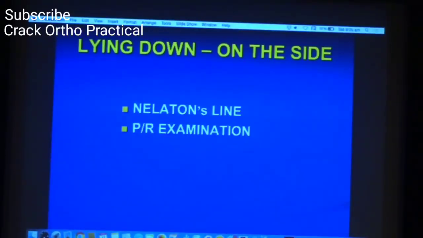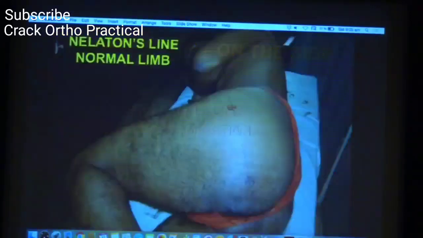I have included it here just for the sake of completion and for your knowledge that this sort of assessment can be done in those cases where you are suspecting a pelvic infection and you are suspecting a cold abscess to be there. But this is for your knowledge. If you do not do it, you can tell that the patient was not willing, or whatever story you want to tell the examiner. So this is the Nélaton's line from the anterior superior iliac spine to the most prominent part of the ischial tuberosity.